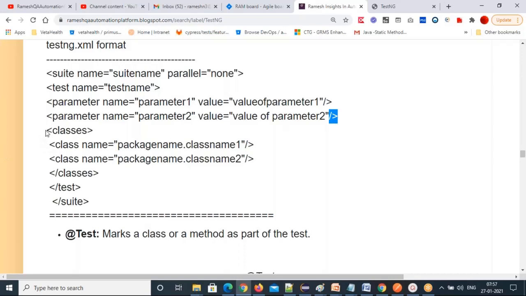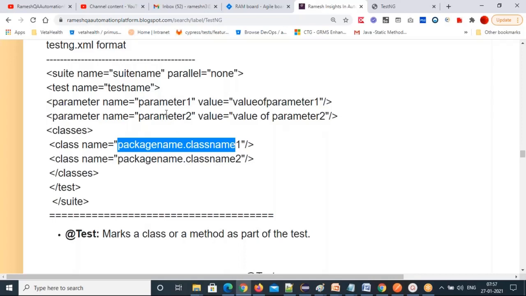Then the classes tag will start. These parameter values you want to supply to which classes? Those classes you include inside the classes tag with each class tag. Class tag name equal to package name dot class name 1. I declared these parameters in class 1 and I need to supply the parameter 1 value and parameter 2 value to my class 1, then class 2 also.